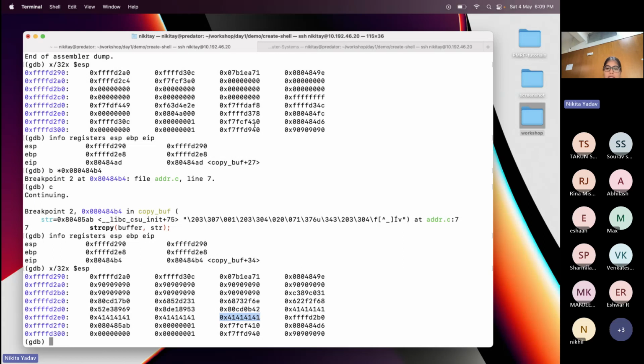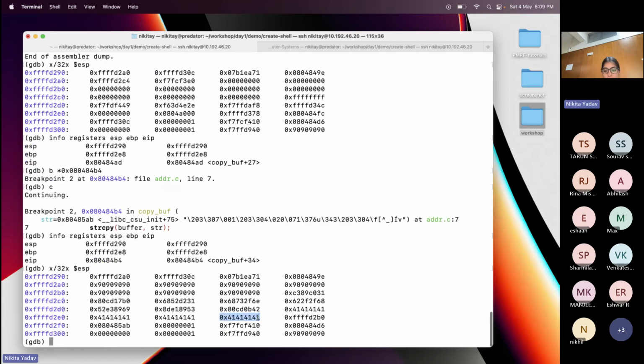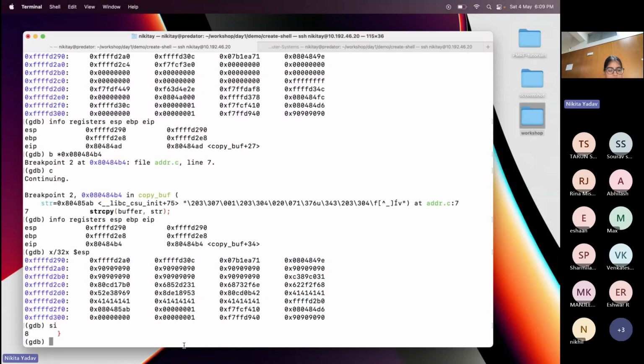So that is why, because it has been changed now, when the leave instruction is going to be executed, which is going to read the value from here and store it in EBP register, this value gets stored into the register. And then the return instruction is going to read this value and use it as a return address. So we can do that and